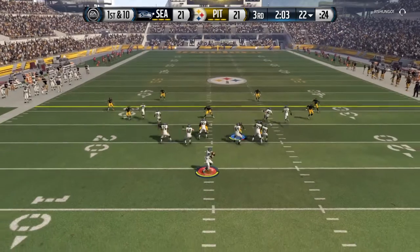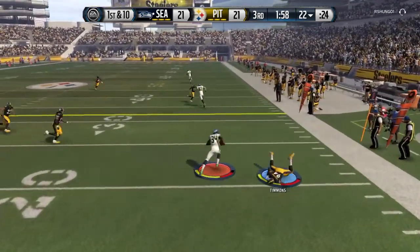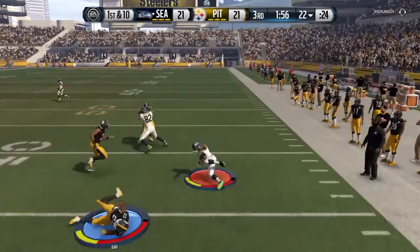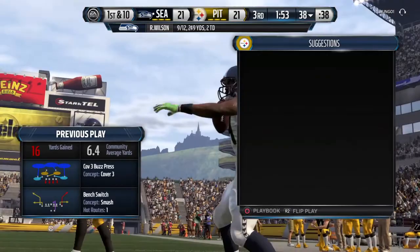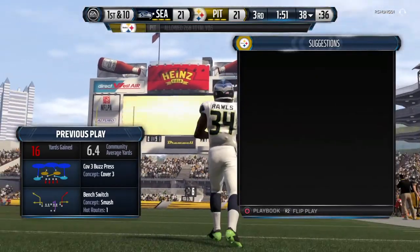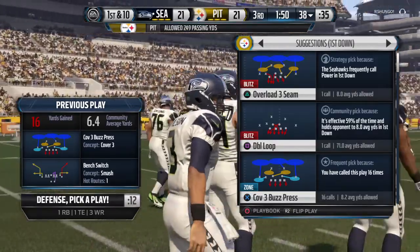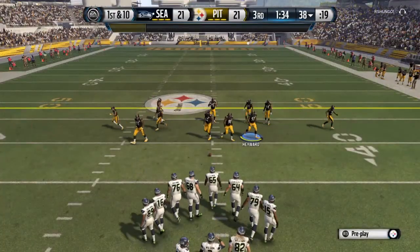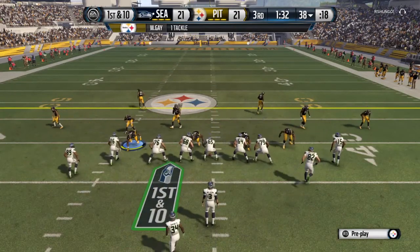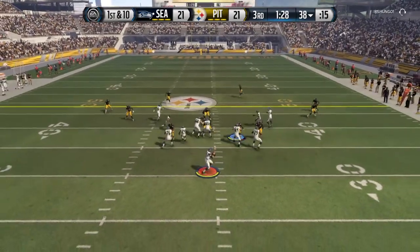The Seahawks from the 22. Makes the reception. Gains 16. The Seahawks have been involved in a highly competitive game here today, and it's been their passing attack that has come through. Wilson's really been locked in today. Their passing game has absolutely kept them in this football game. That's why they're tied, and at this point, they have to hope the quarterback is going to lead them